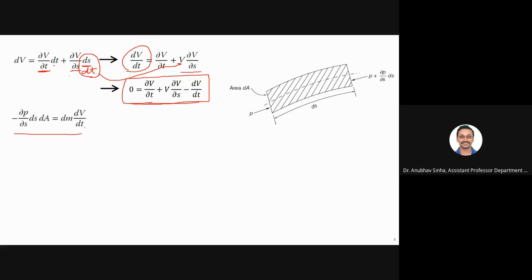So here we need to substitute dv by dt. Before that, I will also substitute for mass. So dm is the mass. Can I write dm as rho into dA into ds? So dA is the area, ds is the length. Let us say this is a cylindrical tube. So dA into ds gives you the volume of the tube. Area into length is volume, and rho multiplied by the volume will give you mass.